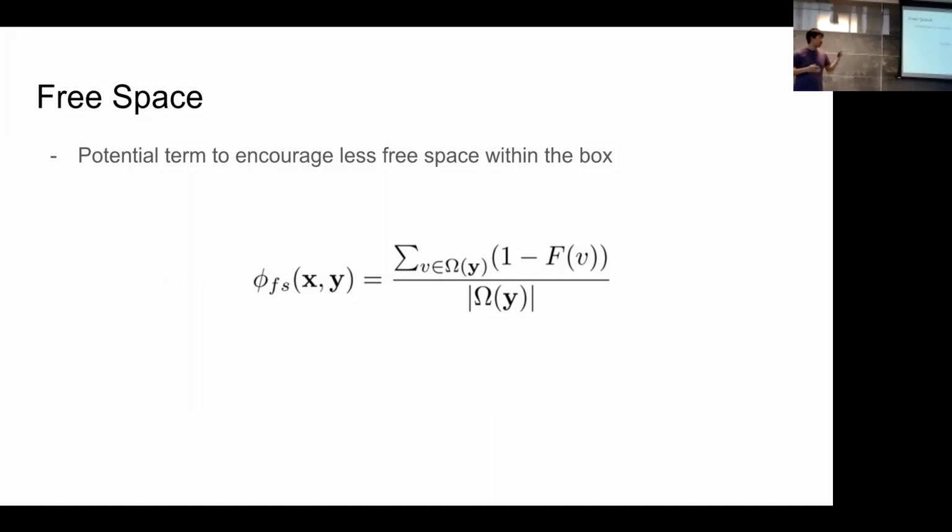And also, this includes the fact that you don't want to have free space, which is another label for a map. So basically, if this potential is high, that means that we are sampling an object, for example, that might